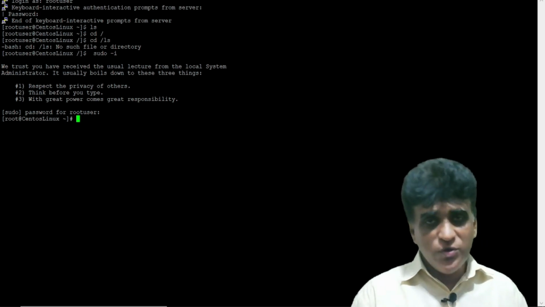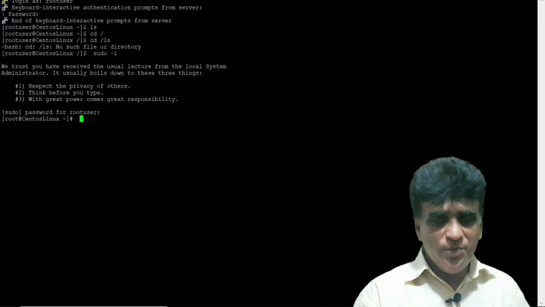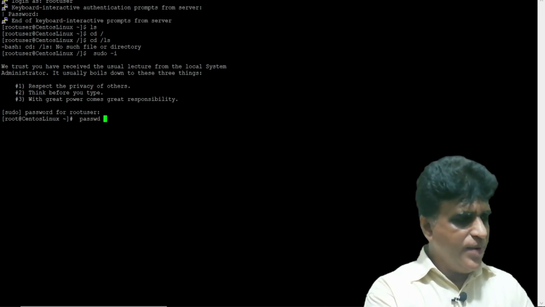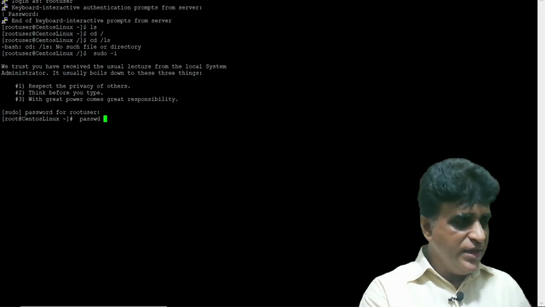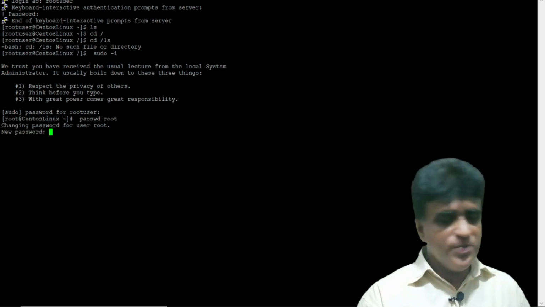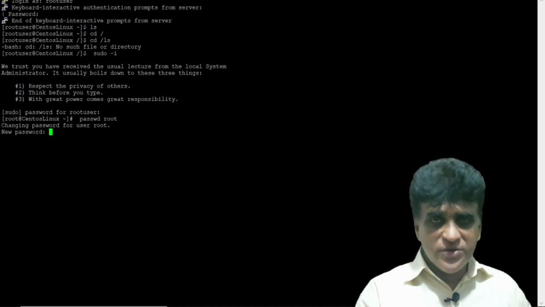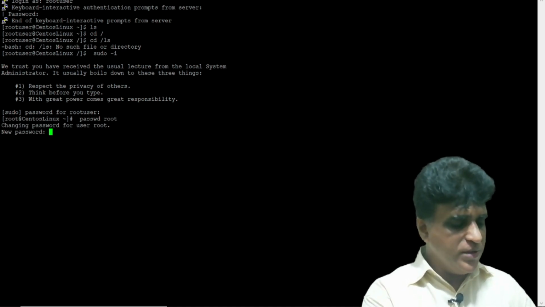Then what I am going to do is change this password. How are we going to change the password? passwd root. I'm going to change root's password, the super user's password, and it asks for the new password.